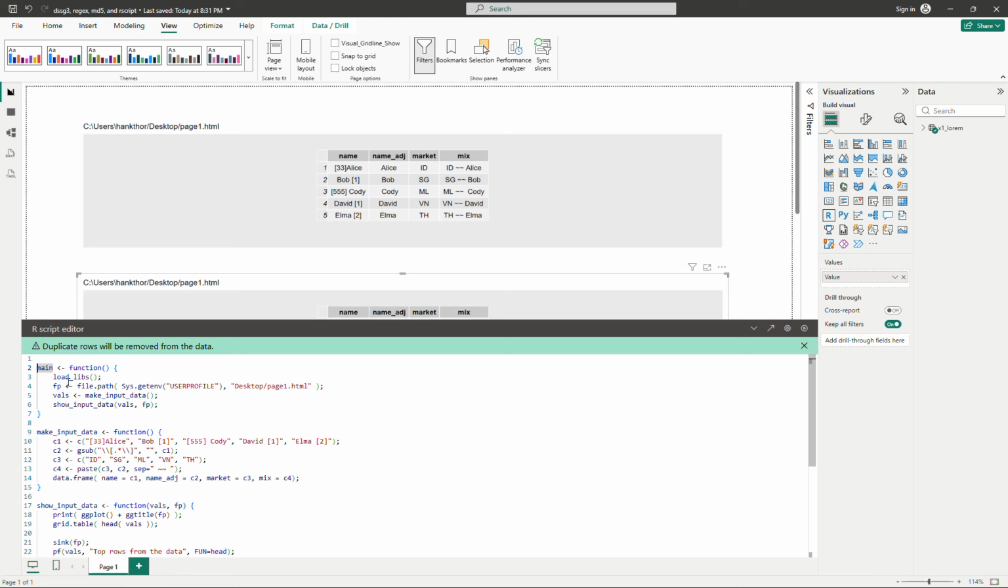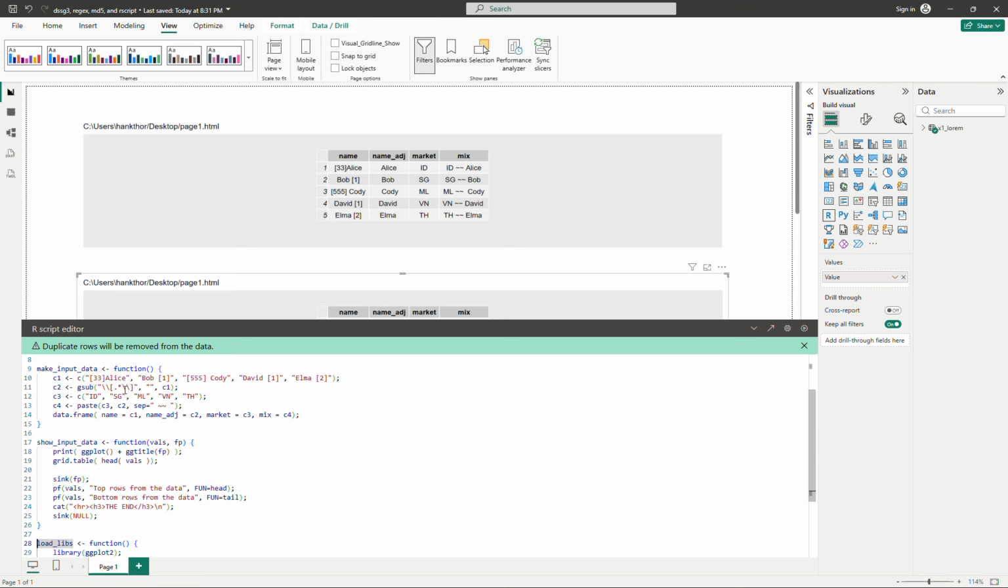So this one is very clear to me: I make the data first, and then I show the data. If I want to understand how I make the data, I look into those lines. If I want to understand the data, I read this line. So normally you can add some comments in here. It doesn't hurt the code, but it will help you read the code faster later. So this one I will comment to print the table